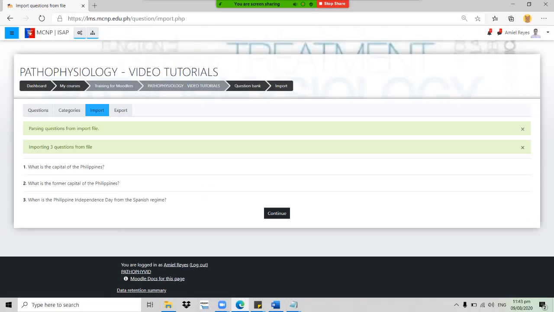Okay, so our questions are successfully imported to the question bank. So how will we know if there are some errors? There are notifications or reminders that will appear here, and they're usually colored black, compared to this one, which signifies success and is colored green. So if you want to look at the importation in the question bank, just click the questions tab,